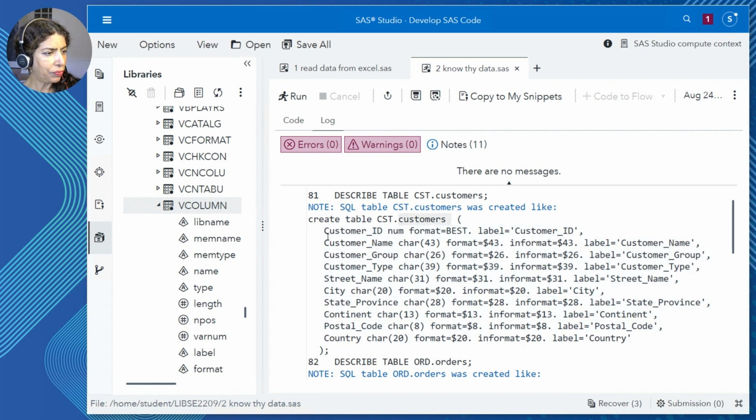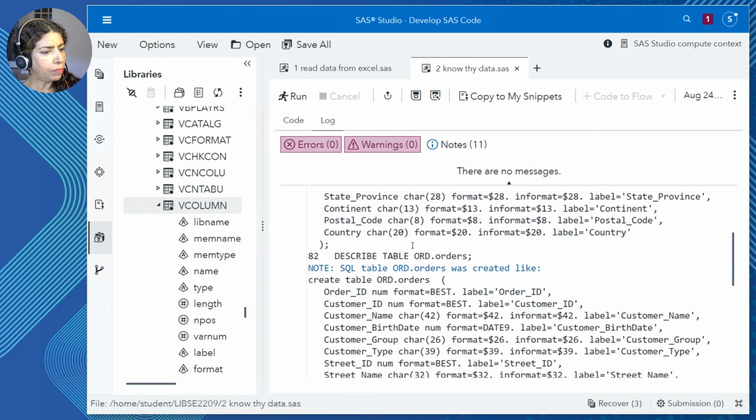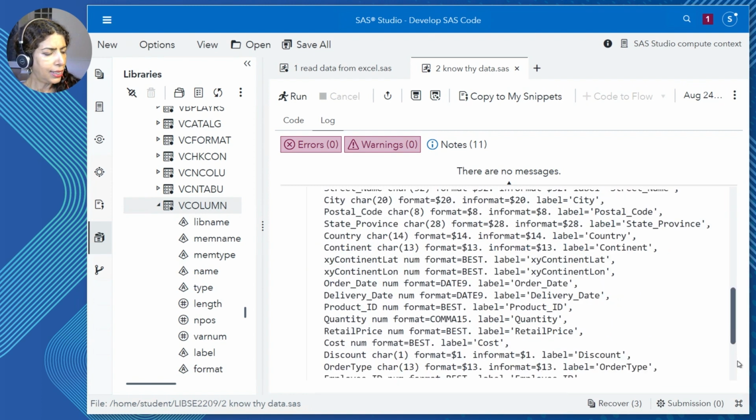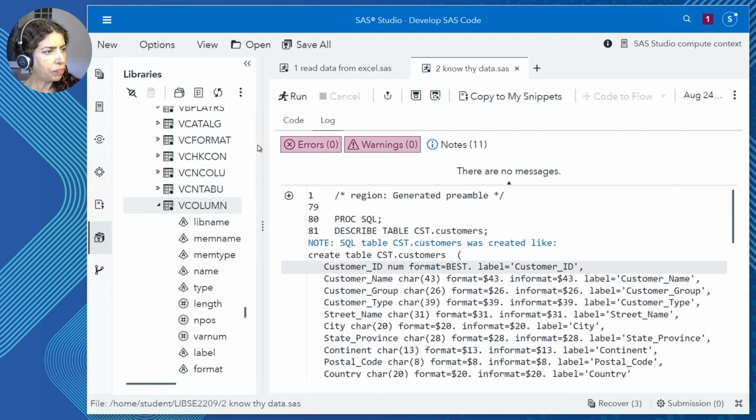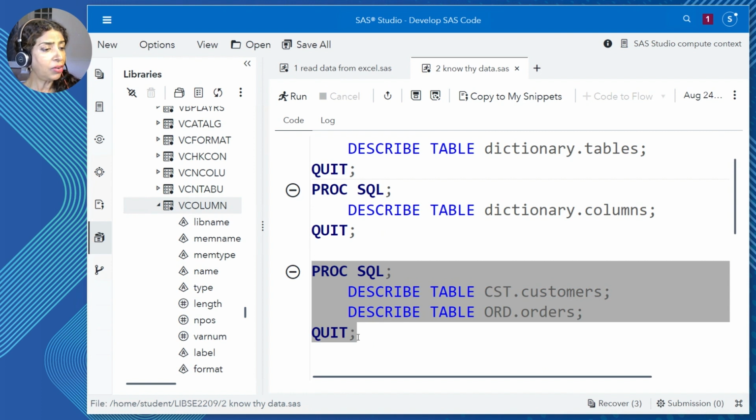data set, right? Here's the column name, here's the type, here's the format, here's the label. And as I scroll through, I see that there's information about the second table as well. And that's pretty informative. There are resources that we will have for you if you wish to explore this further. But we want to get to the business on hand, which is starting to analyze these Excel workbooks.